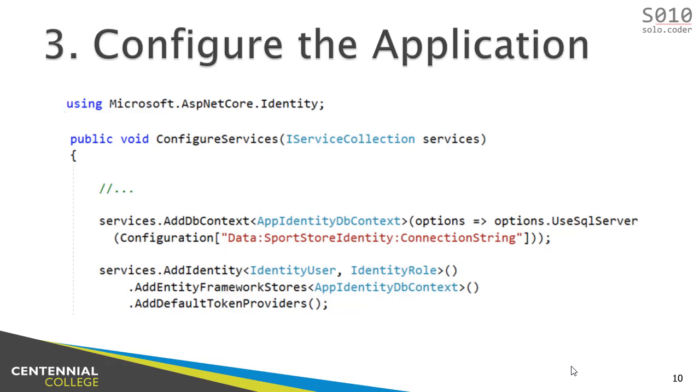And then we are saying here, okay, use identity. Let's use this class for the user. I'm not going to cover this yet. This is the role. We're going to be talking about this a little bit later, in another day, not today. But here we are saying, go to the identity, the app identity DB context, to retrieve the user information. That's where it gets stored. You store it here, retrieve it from there. That's where you're going to be able to create, update, delete, insert new users, validate users.